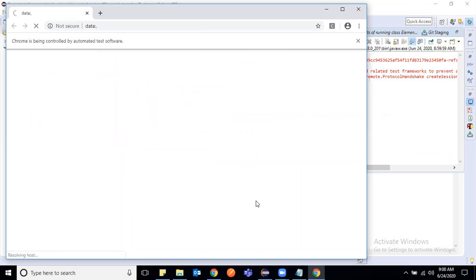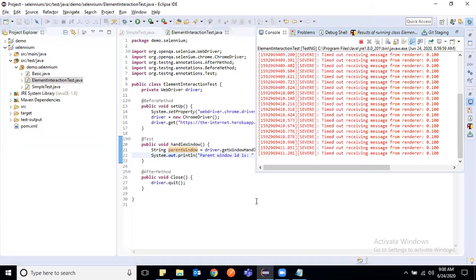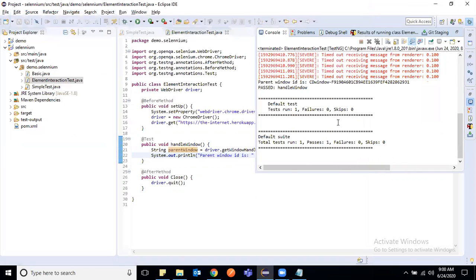It opened the browser, and it closed because we have written driver.quit, so it closed after the execution. But you see we are able to print the window ID. So this is the parent window ID.